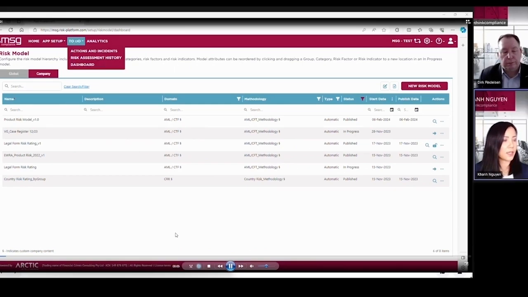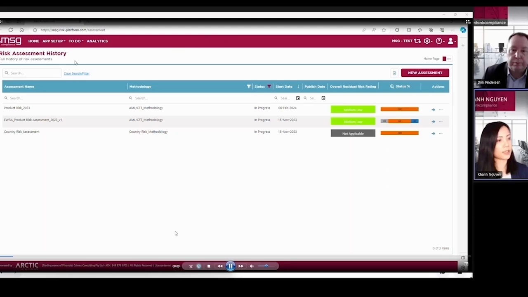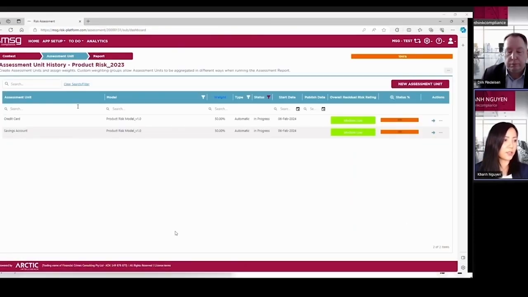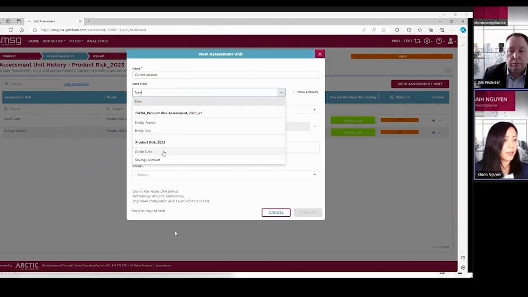So you go to the risk assessment, and you see here we have created a product risk assessment evaluation with already 2 products, credit card and saving account, and now we would like to add a new product using the same risk model. So here we have the current account, just as an example.